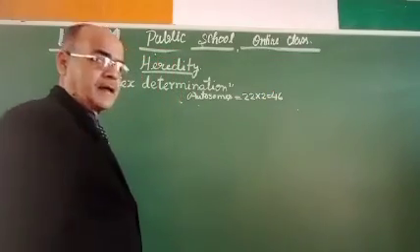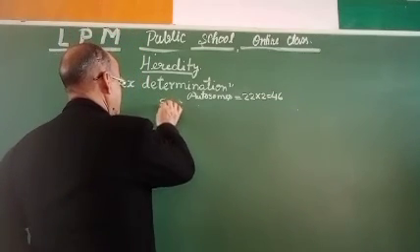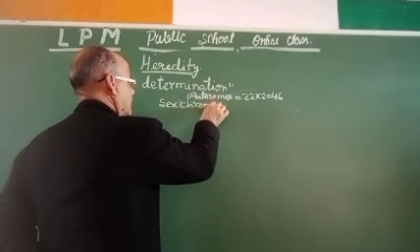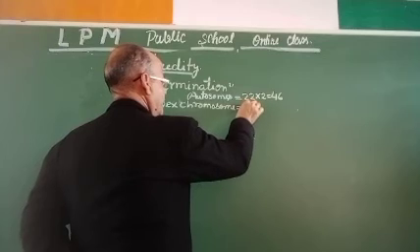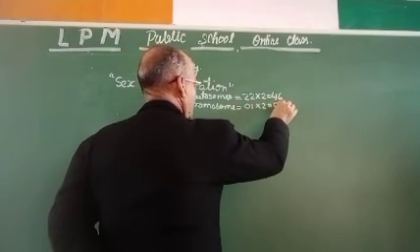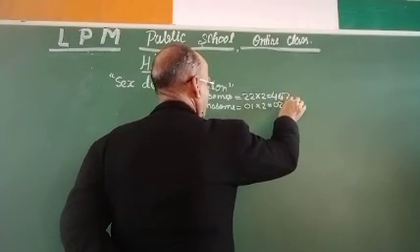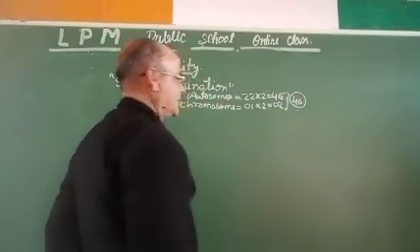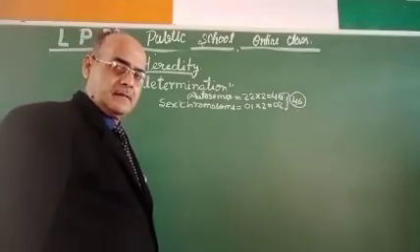And second is sex chromosomes, which are present in one pair, that is 2, and the total is 46. So 46 chromosomes are present in each and every cell, of two kinds, autosomes